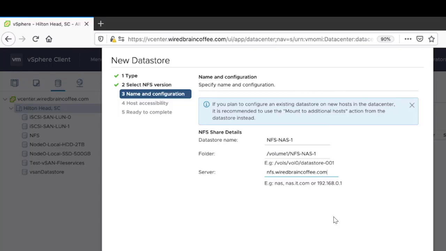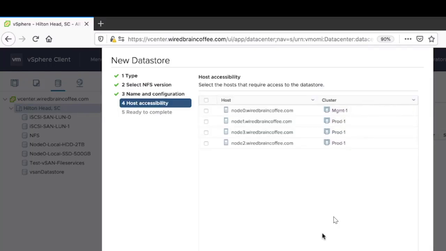This is the mount point, volume1/NFS-NAS1, and after that you give the server name or any DNS name. In my case, I have given the name nfs.wirebrandcoffee.com, and click next.